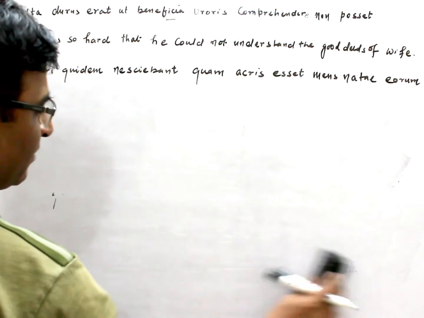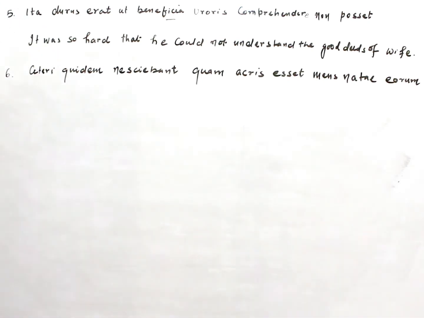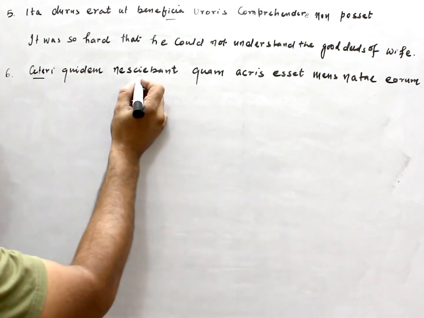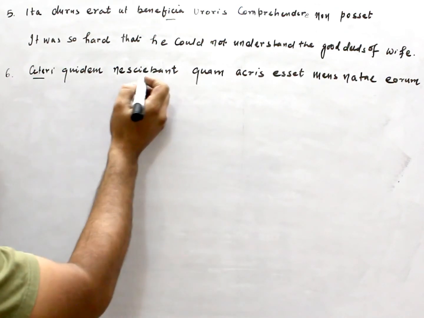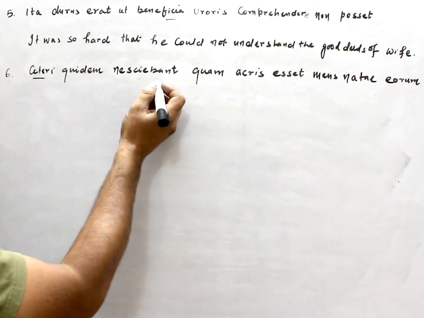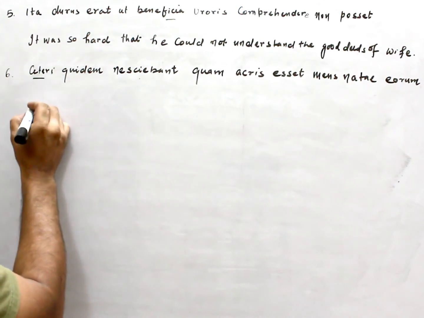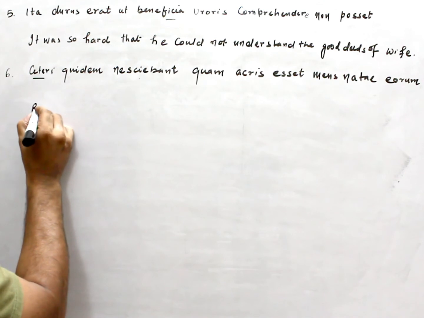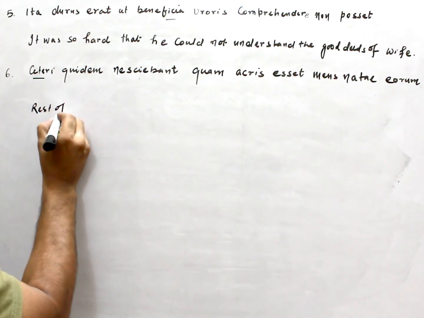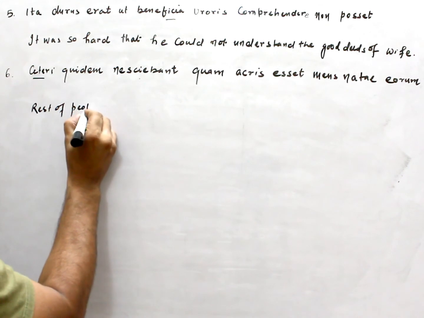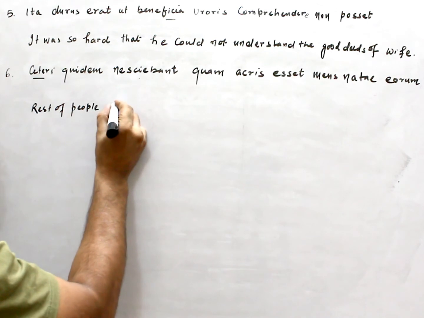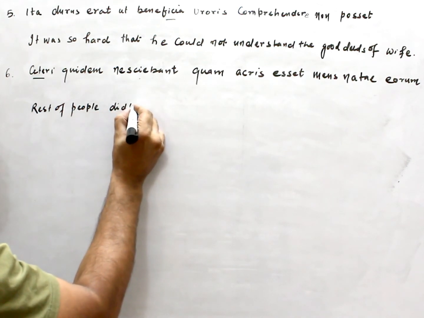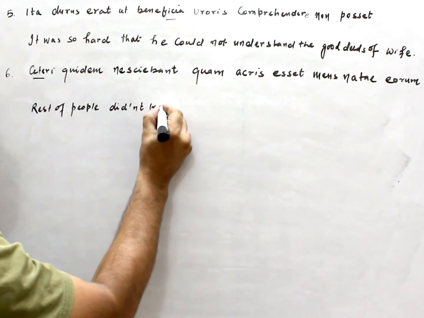Now, ceteri means others, etc. Like we say etc. So ceteri means other. Other, certainly, it is imperfect, didn't know. So, the rest of people, we can say, rest of people. So I use here past, didn't know,